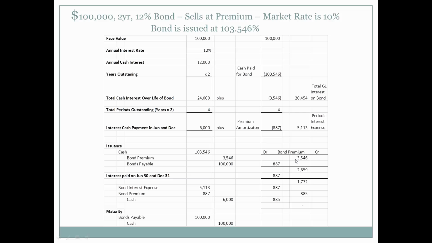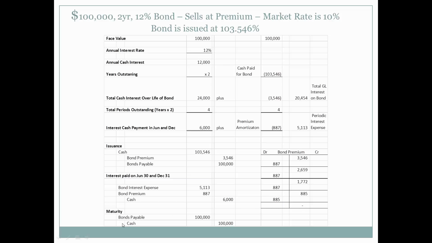So we credited bond premium to begin with. And then on each successive date when we pay out interest, we are going to amortize the bond premium. So $887 from $3,546 means our bond premium now will have a balance of $2,659. Again, another amortization. Now our balance is $1,772. Again, another amortization. Our bond balance is $885, and our last entry will be $885, bringing the premium down